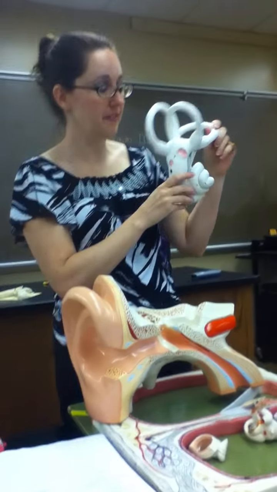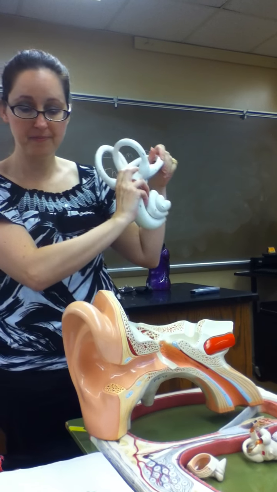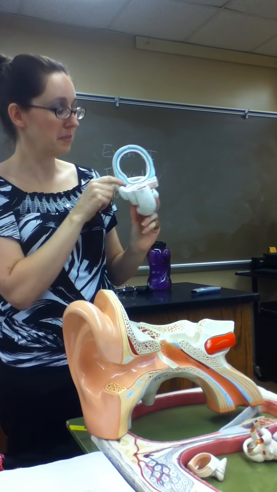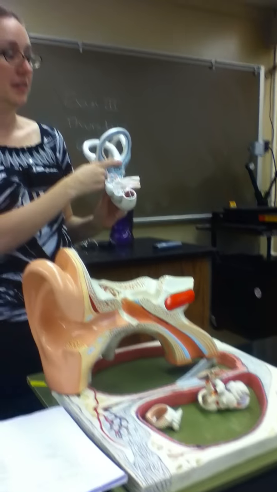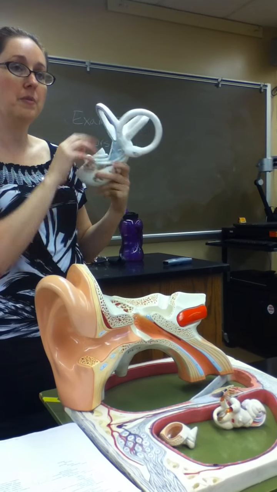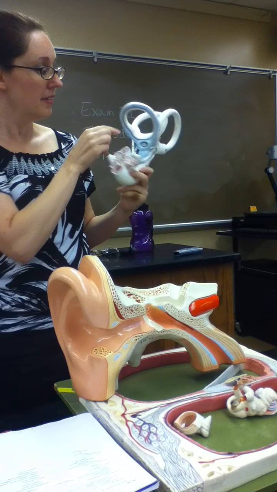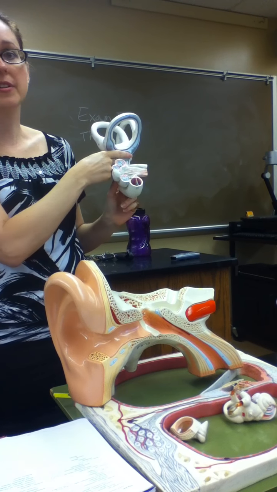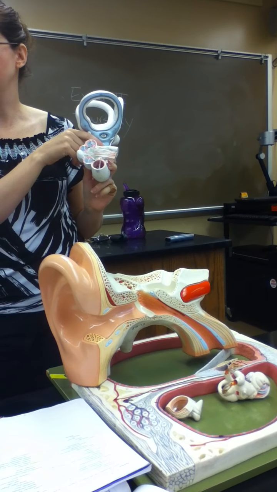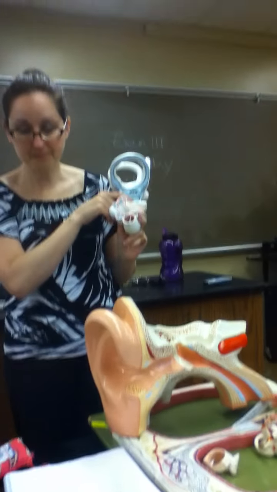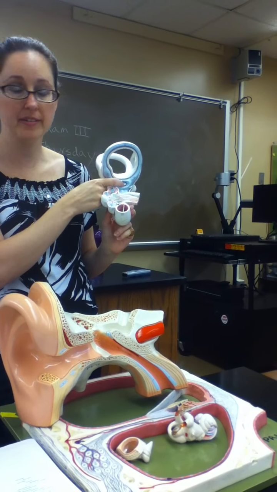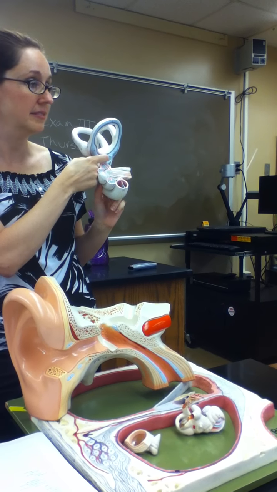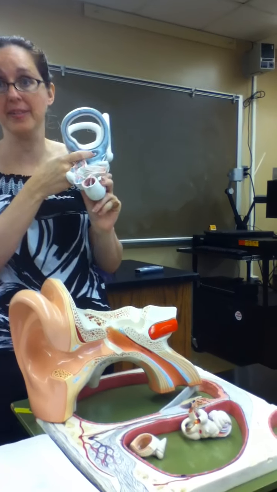Back to the snail, the vestibule is the head of the snail. You can see how there's two bumps, two areas, one on the top and one on the bottom. Where's the head of the snail? Sorry. This whole area here. So the bump on the top is the utricle, bump on the bottom is the saccule. Inside both of those are sensory receptors called the maculae. And that's that little Pez candy in there. So you're going to see one macula, but there's many, many